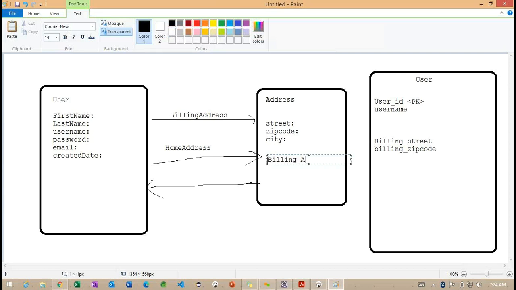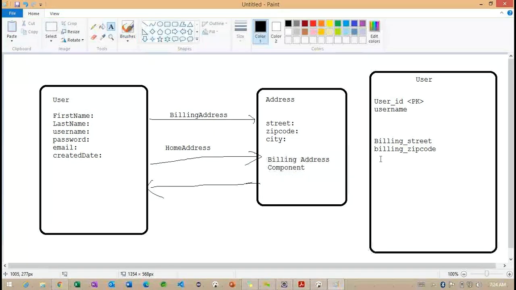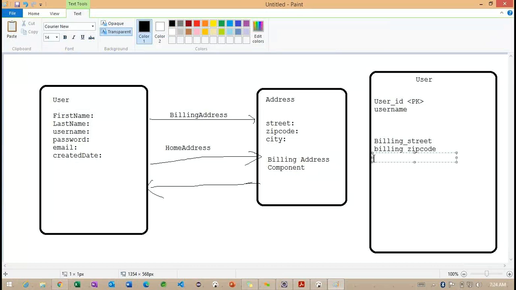So what is the other component we are going to have? Here I am trying to write billing address component, because these are the columns that are going to be available. Billing city. Same way I want to write here home address component. So this particular home address component will look like this.